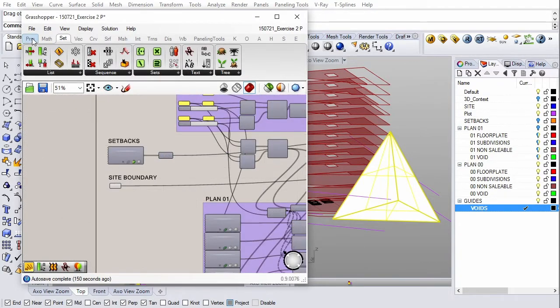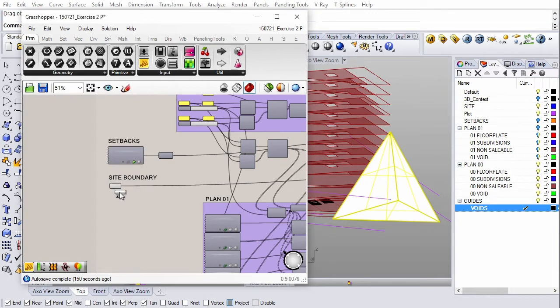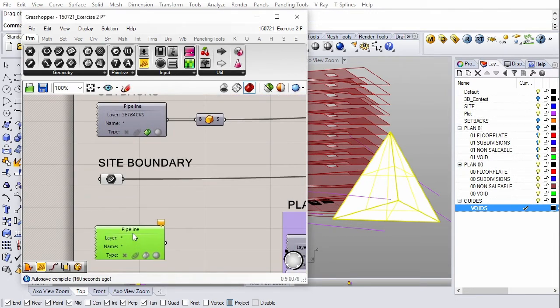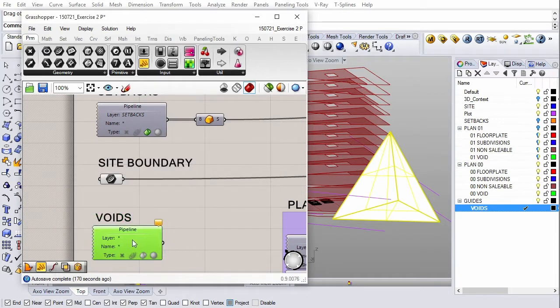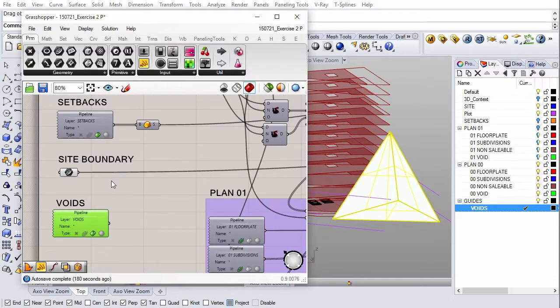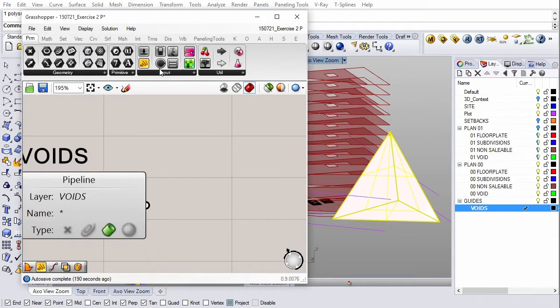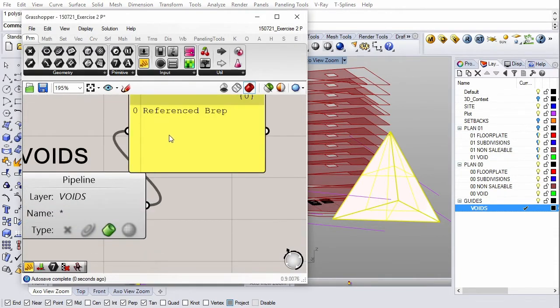We'll need to add another geometry pipeline component. Call it voids, corresponding to the layer, and import the brep type. So that should be in there.